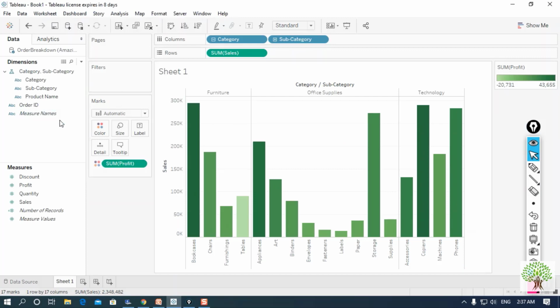So here, first of all, let me put this hierarchy. I'll select this hierarchy and put it under filters. But one more important thing, see, this hierarchy is already being used in columns. So can we use the same column or attribute again and again? This is the feature of Tableau. We can use a single attribute multiple times. So here I'll press Ctrl for selecting this one and put it under filters.